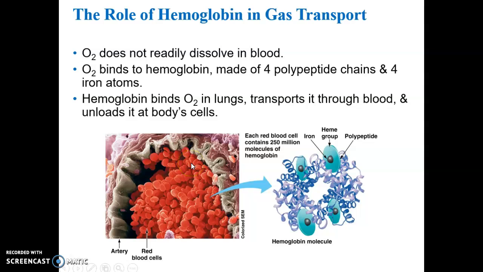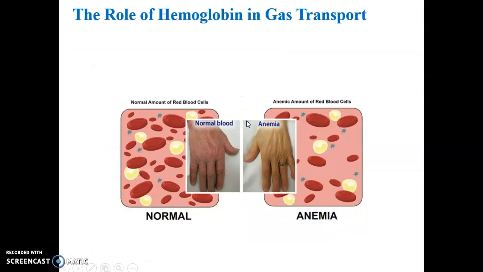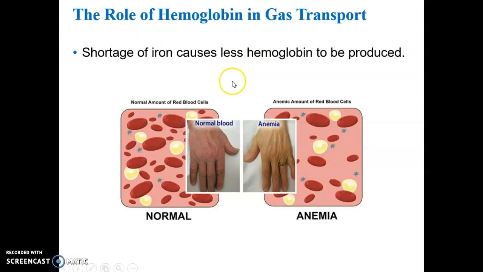Remember, red blood cells are totally modified and specialized to transport oxygen via the hemoglobin molecule. So the hemoglobin binds oxygen in the lungs, transports it through the blood, because the hemoglobin molecules are in the red blood cells, and then unloads that oxygen at the body's cells at the capillary beds. We've talked about that as well. And then we've also mentioned the